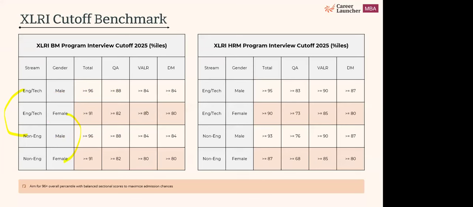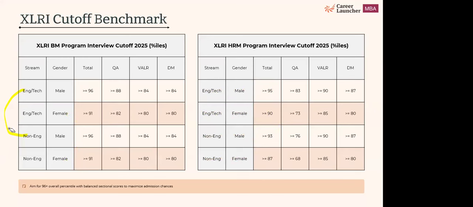When it comes to HRM, there's a segregation between engineers and non-engineers. So out here you'll find male engineers, non-engineer males, engineer females, then non-engineer females, and all 4 of them are different. Okay, so the highest typically is for male engineers, followed by non-engineer male, followed by engineer female, followed by non-engineer female. The gap is not huge, but it is there. Okay. And you can look at the percentiles.